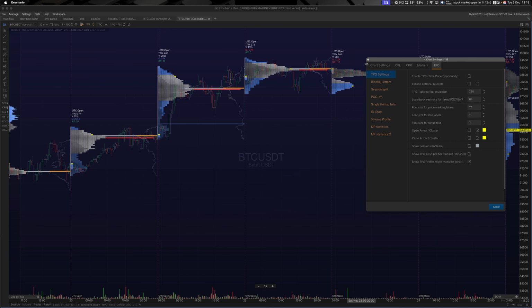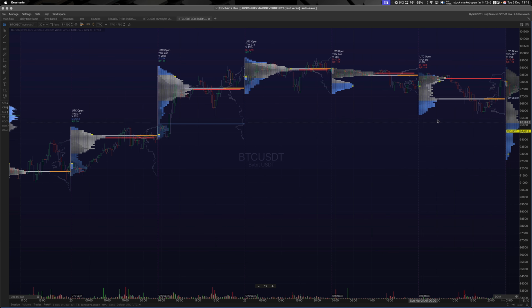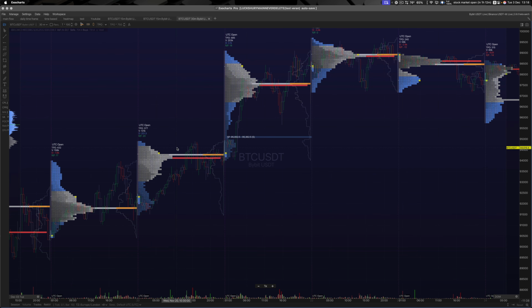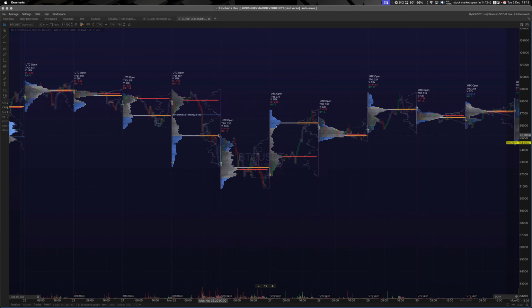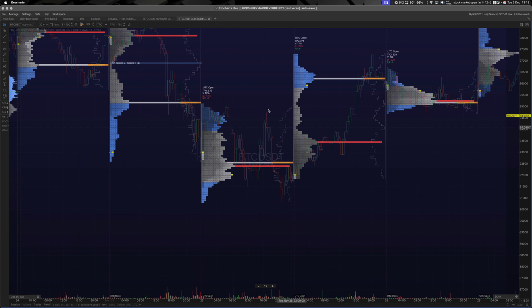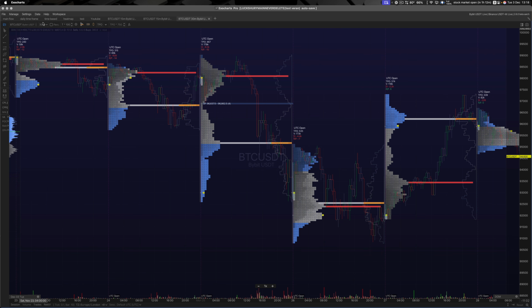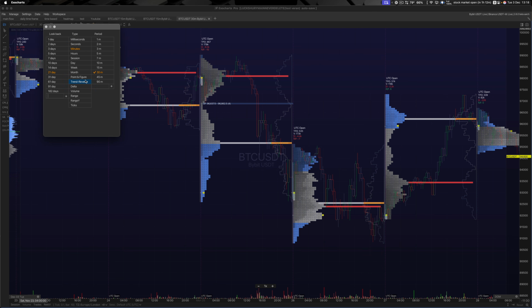Now, I said in the beginning, TPO, 30-minute candles, tick size, whatever you want, is important. But now you can also talk about higher time frame traders. I get this question quite a bit, and we're going to go through this now together. If it goes a bit wrong, you're here for the journey, I guess. If we just select this now to 4 hour,